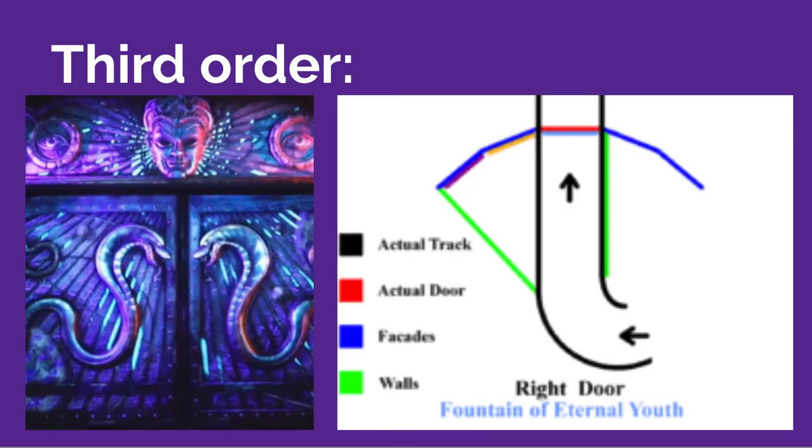Moving on to a different one on Indiana Jones. This is again third order. This part of the attraction is no longer functioning, but if you've been on the ride when you were younger, there is an actual track, and every time it feels like you're going into a different door. What is actually happening is, again, the entire room around you is moving. There's only one track lane, but because they can move the entire room, it can either feel like you're going into the left door, center door, or right door. Once you go through those, it is different from every other door, but the only reasoning for that is lighting. And so again, your brain gets tricked and you don't know reality versus fake.